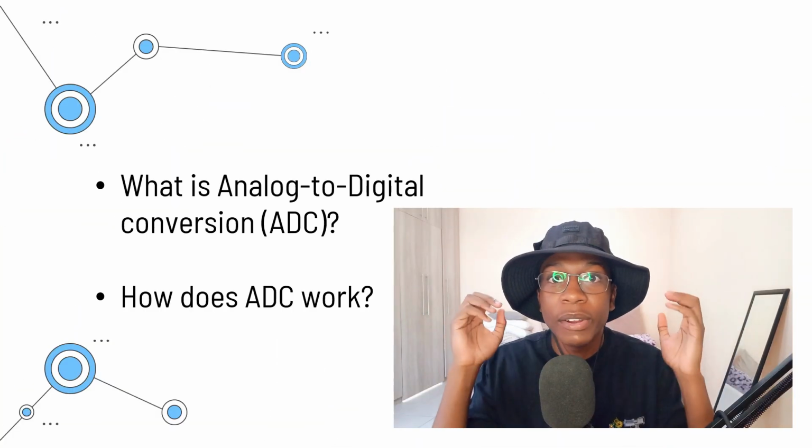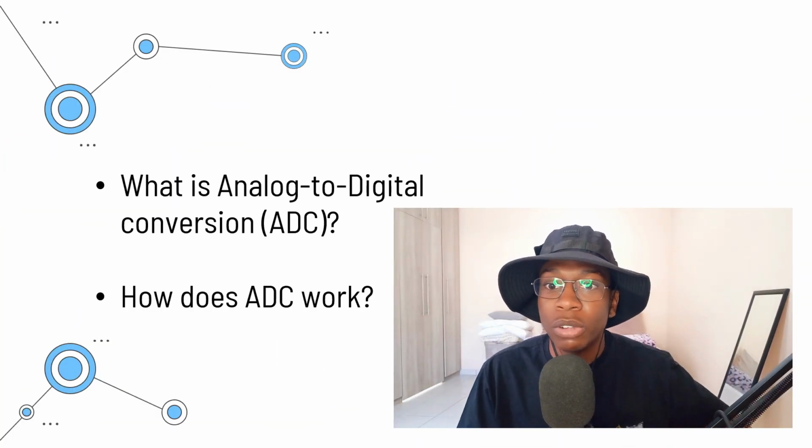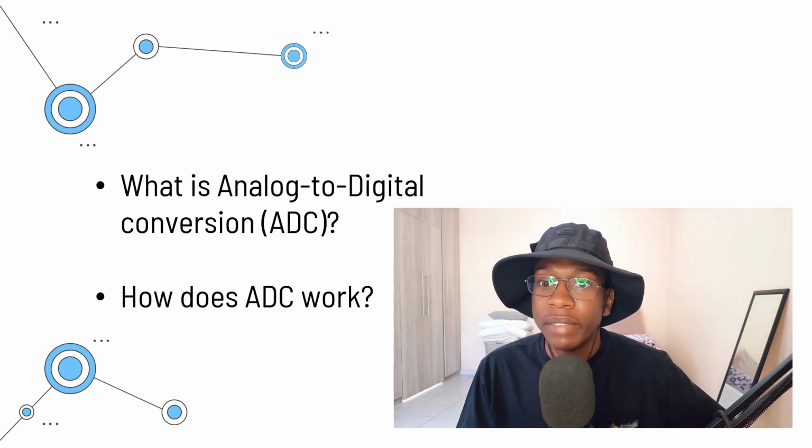What is ADC and how does it work? ADC stands for analog to digital conversion. It's a process that converts an analog signal, which can have any value within a specified range, into a digital signal that has discrete steps. This is crucial when working with sensors or inputs like potentiometers, which output analog voltages that need to be read